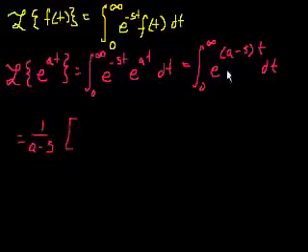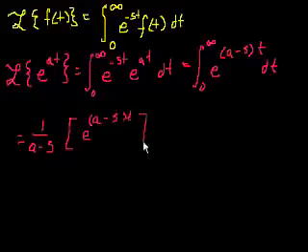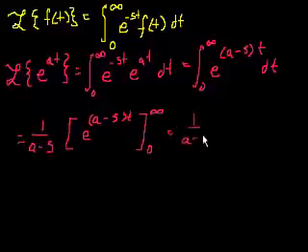times e to the a minus s t, and we're going to evaluate that from t is equal to infinity, or the limit as t approaches infinity, to t is equal to 0. And I could have put this inside the brackets, but it's just a constant term, right? None of them have t's in them, so I can just pull them out. And so this is equal to 1 over a minus s times